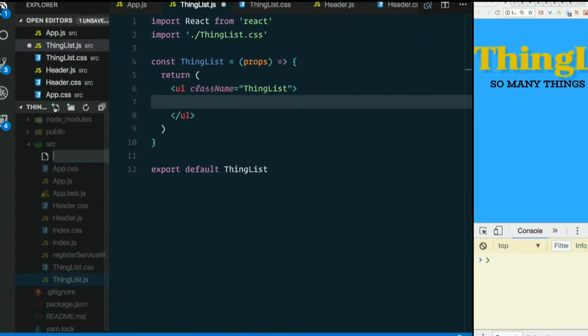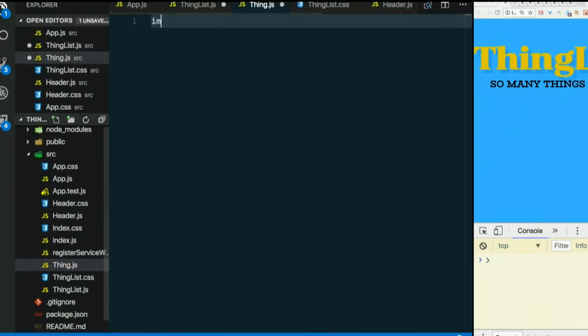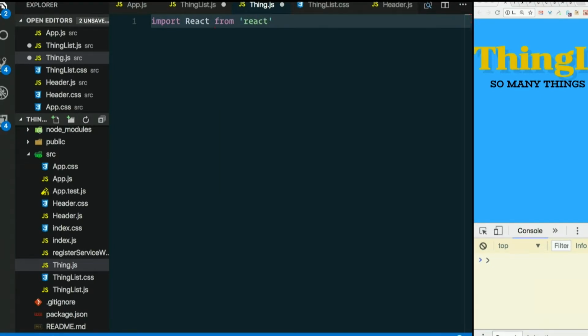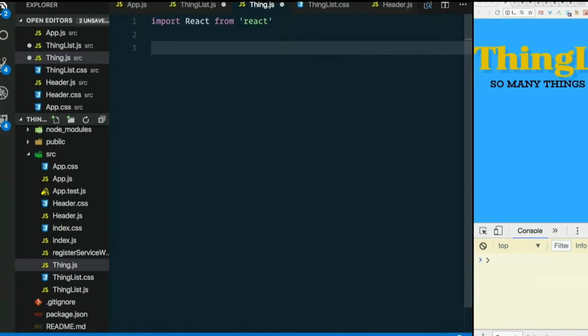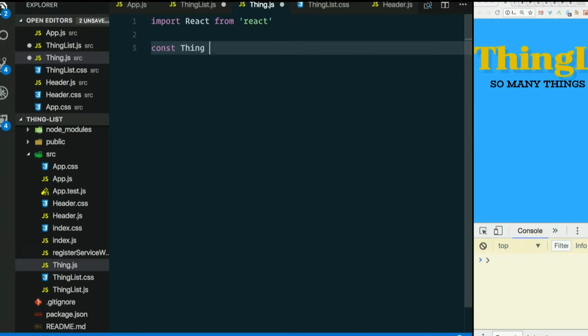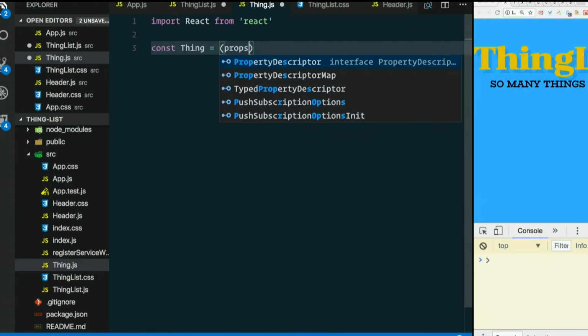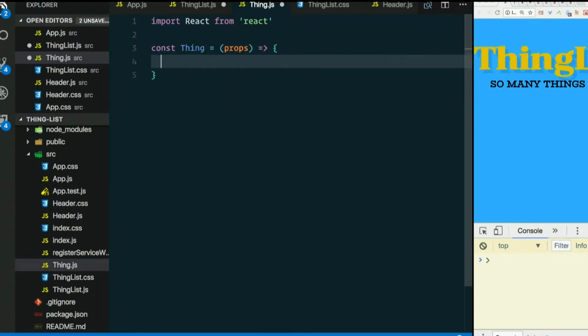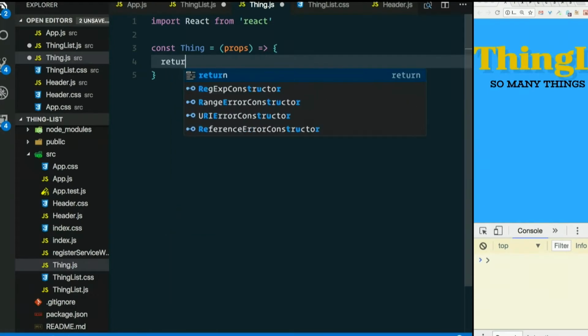New file, thing.js, import React from React. Const thing equals, and once again, this thing will probably have props. Let's just make this return